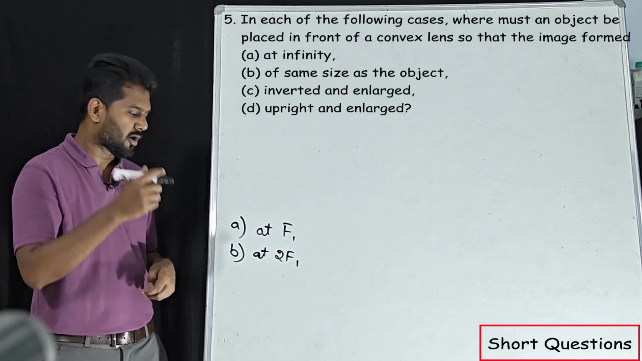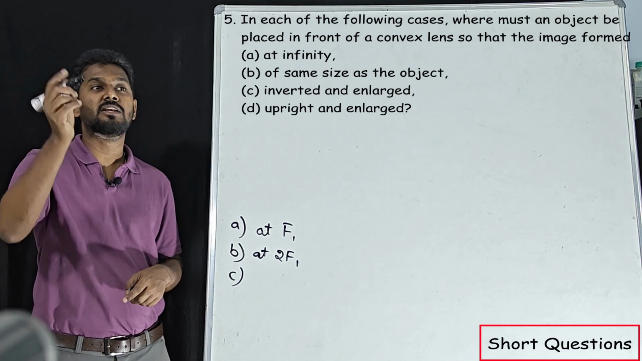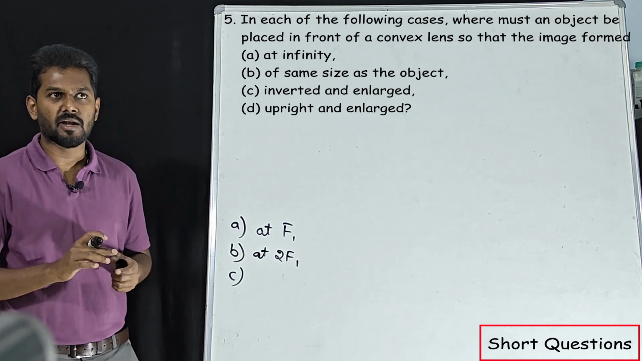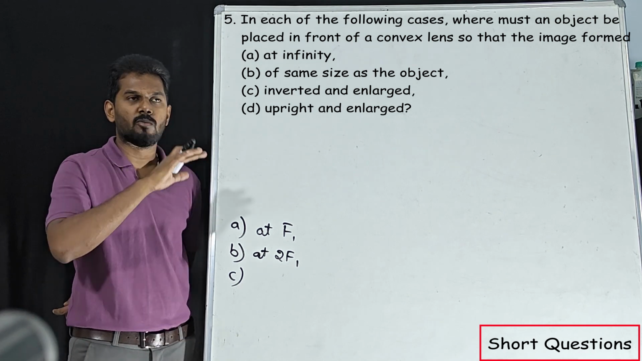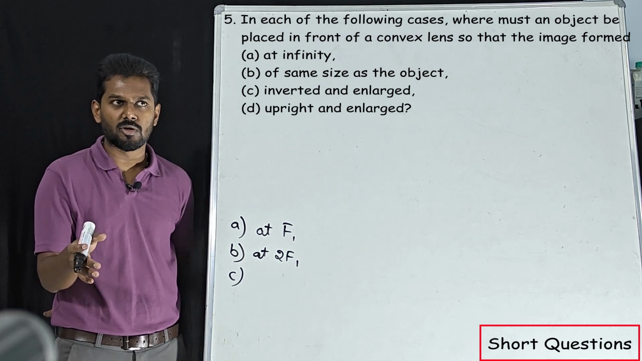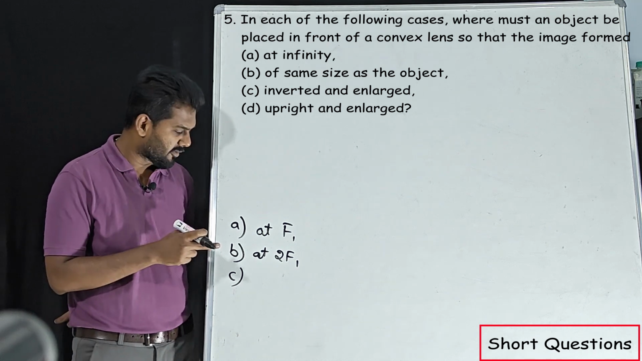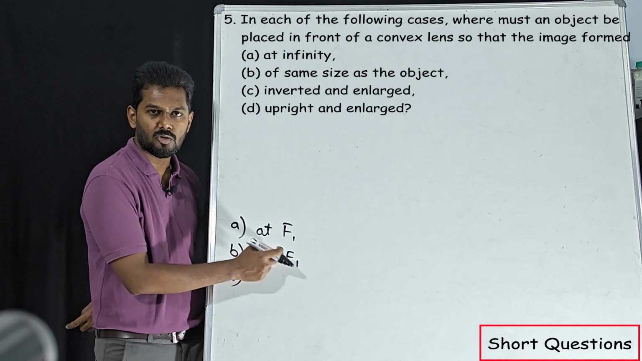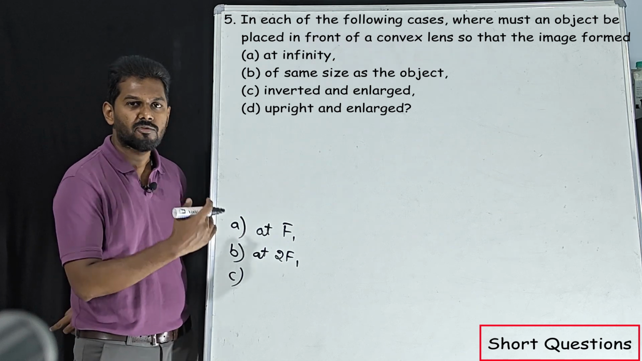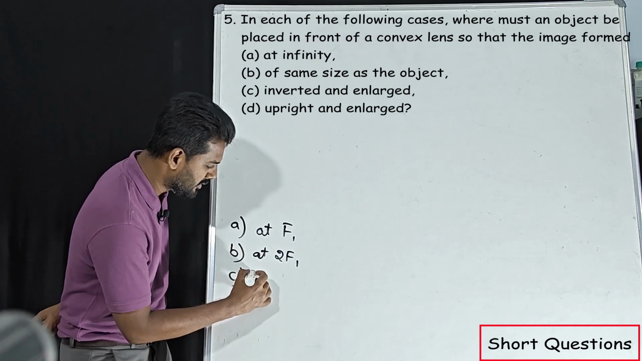Next, sub question C, inverted and enlarged. Enlarged means magnified. We know in a convex lens most of the cases we are going to get a real and inverted image only, and where are we going to get a magnified image? See, if you keep it at 2F1, the size of the image will be equal to the size of the object. If you keep it between